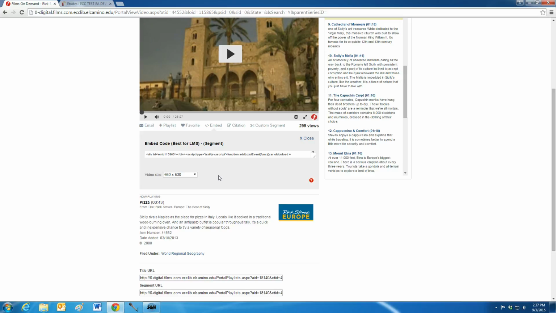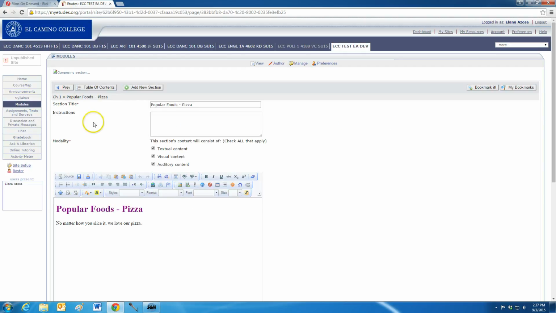Now, depending on the choices you have for your specific video, you might not want the largest size that they have. You might have to play around to see what works in your module. So I come up here to this box, I highlight this code, I press Ctrl C to copy it to my clipboard. Now I'm going to go into Etudes and I put my cursor where I want the video to